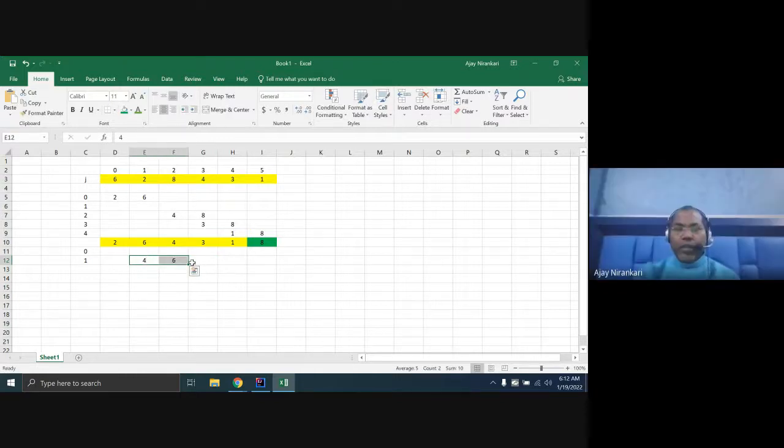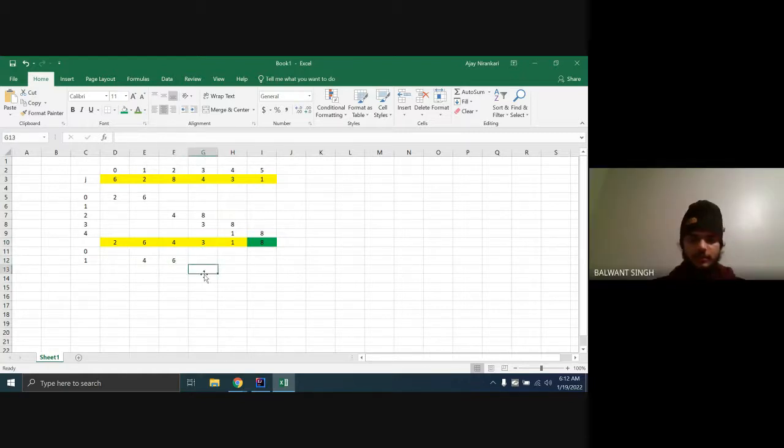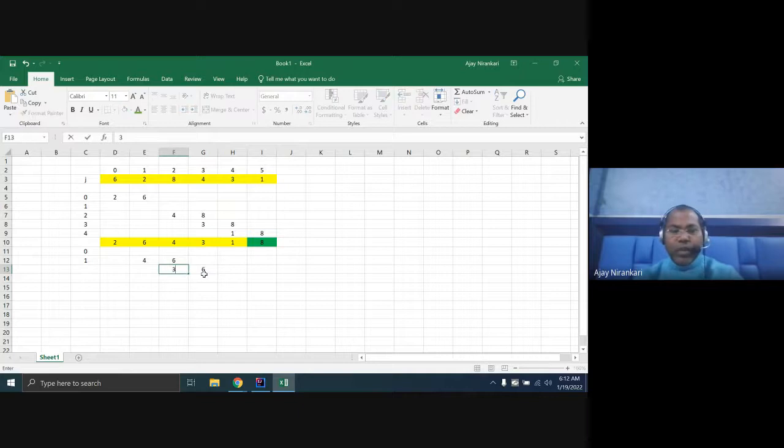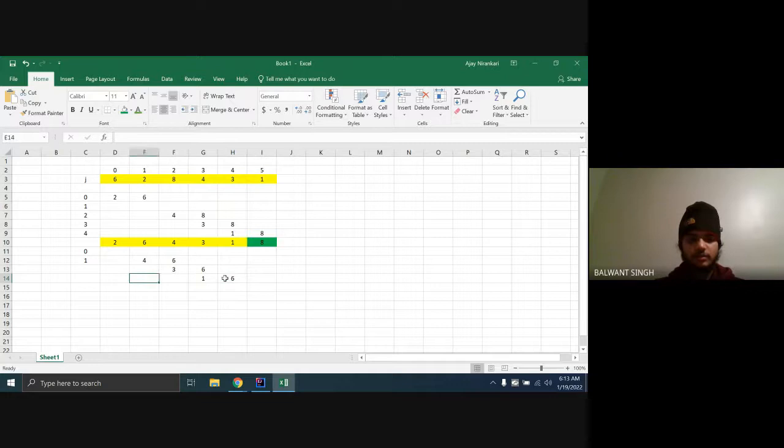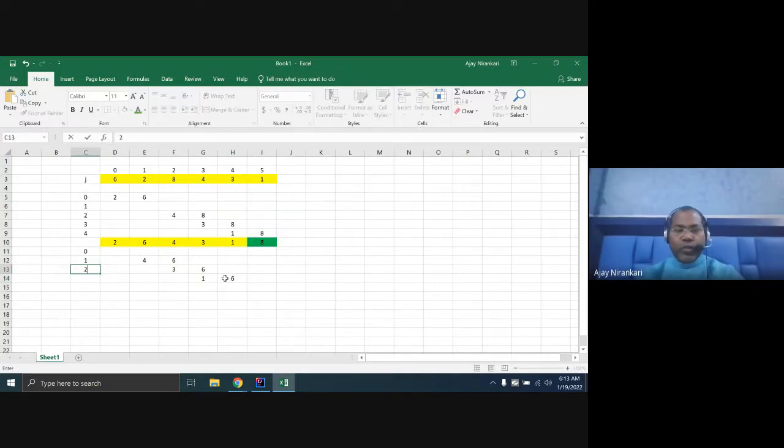And again you compare this to this. Again swapping required. So here should be 6, here should be 3. Now again check this position to this position. Again swapping required. Here should be 6, here should be 1. Your loop should go 2, 3, and that's right.